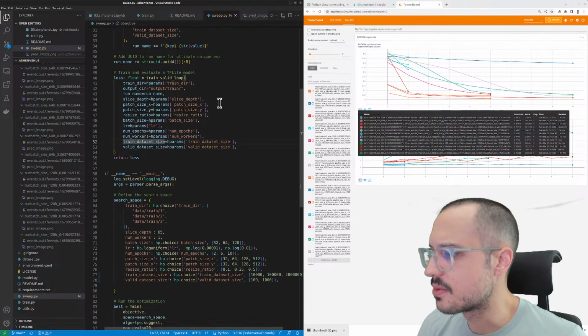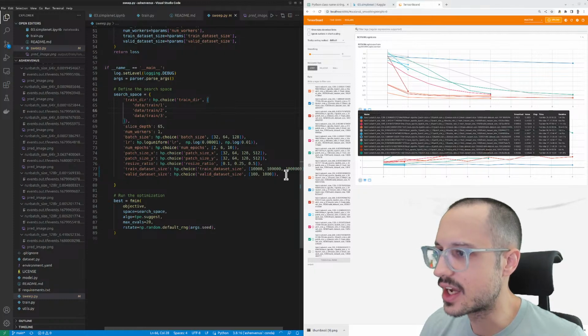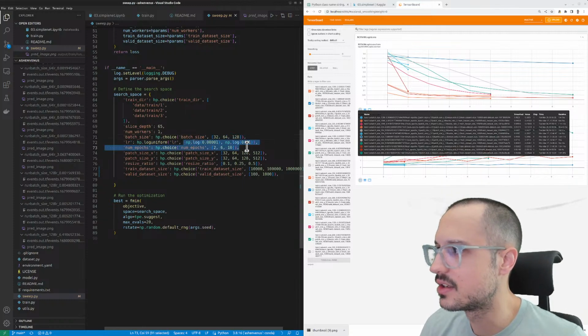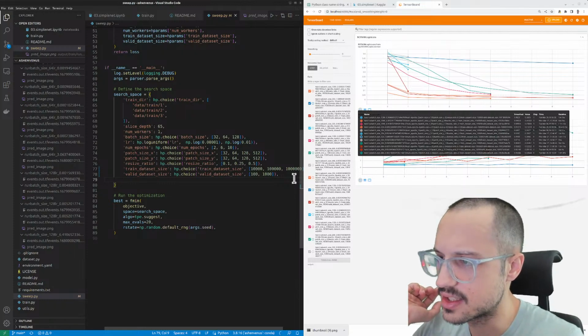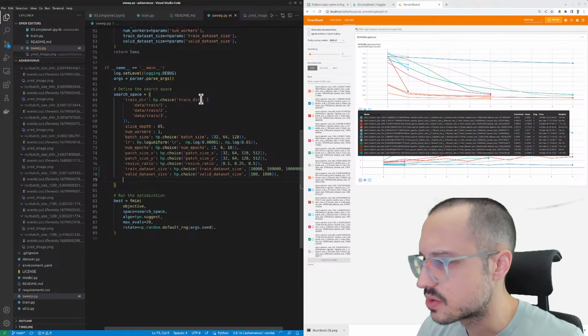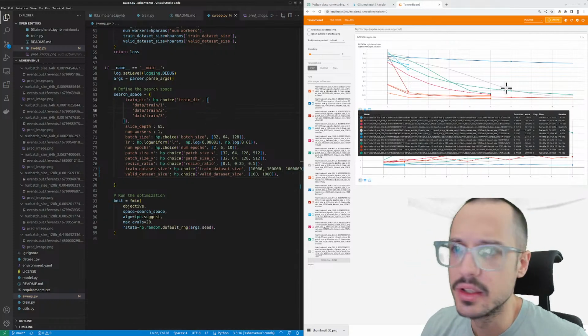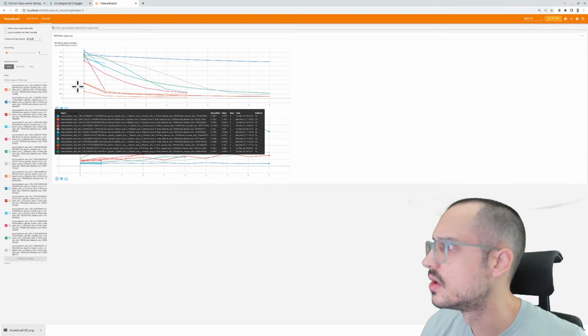And I also made a script that basically sweeps over different hyperparameter values for that model. Things such as batch size, learning rate, number of epochs, the patch sizes, the resize ratios, training dataset size, validation dataset size. So I ran this sweep last night. See here, this is the TensorBoard. Shows you